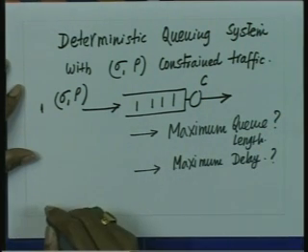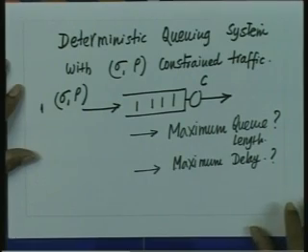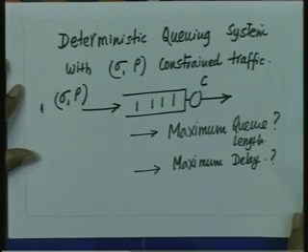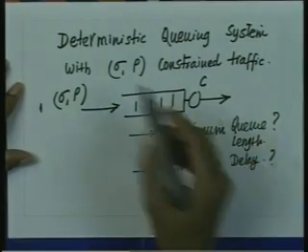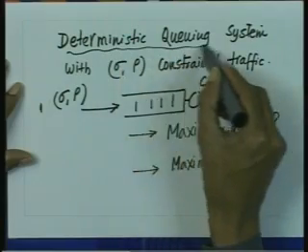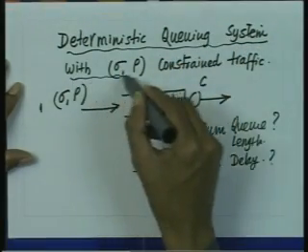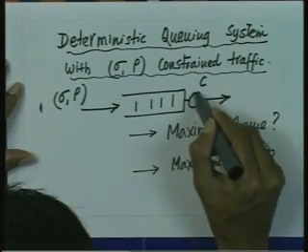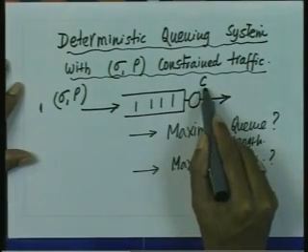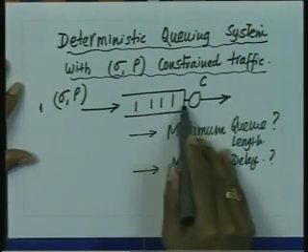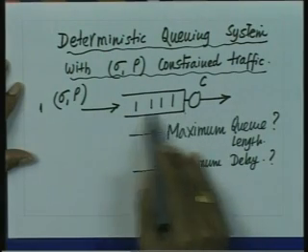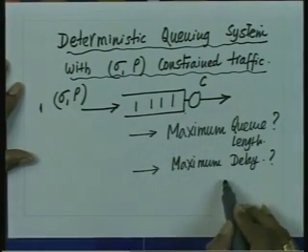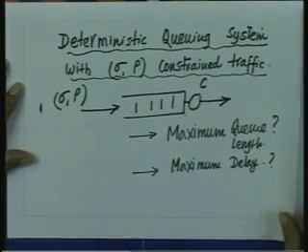And queue length. Okay, it can be proved. So there are two claims which we would want to prove of such a deterministic arrival process with rho sigma constrained traffic, which is being served by a work conserving link with the transmitter rate C, and there being a buffer, and we would like to know what is the maximum queue length and what is the maximum delay. So two results we can prove here about the maximum queue length and the delay.